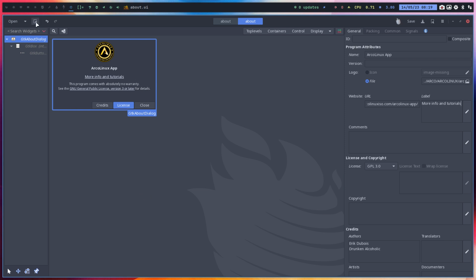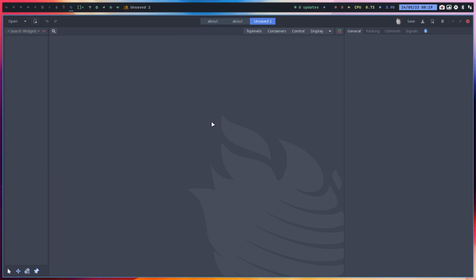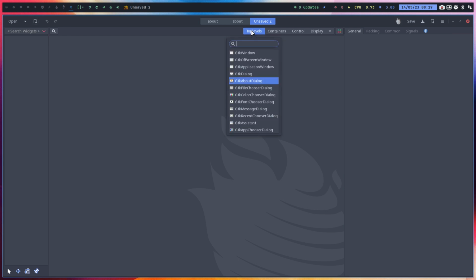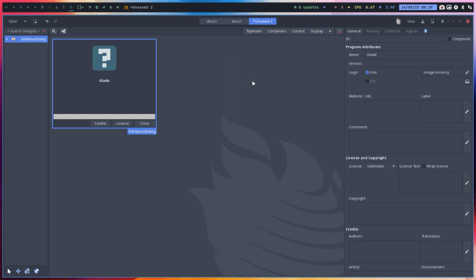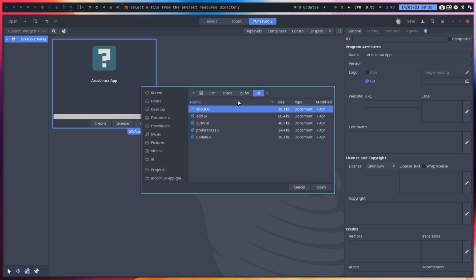So I said to the system, create me something new, give me a top level, and there is a GTK about dialog, which makes things so much easier because it's already built in with everything that I need. So you give it a name and say, no, it's not Glade, it's ArcoLinux App. And then the version, maybe, I'm not going to do that, but the file is important. So I've made